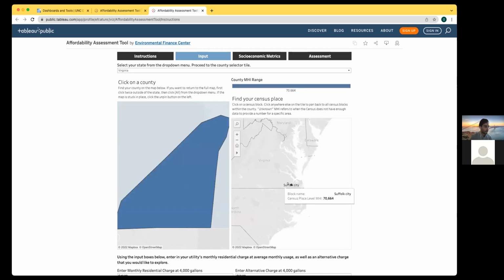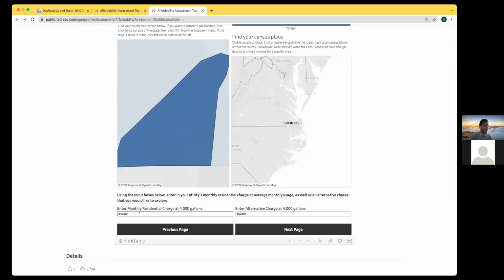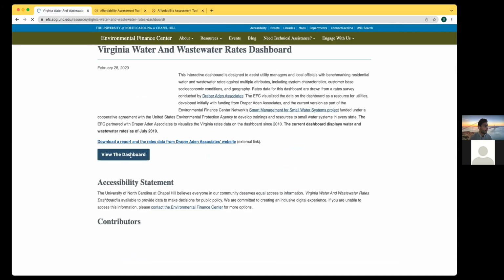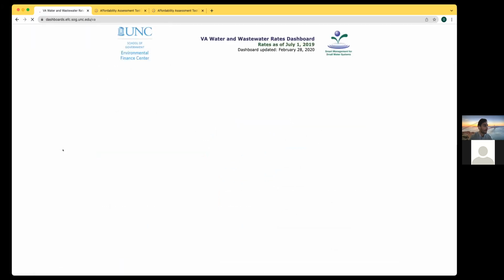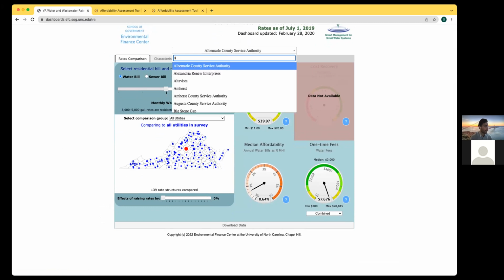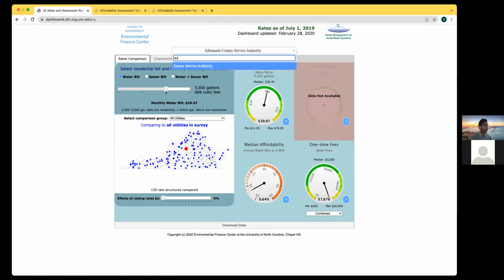What we have for this is just Suffolk City. Yeah, all we have here is Suffolk City, and we would be able to enter the monthly residential charge and alternative charge for whatever Suffolk might be. I don't know if we have Virginia. We do have Virginia. And we can view the dashboard here. From here, I would search Suffolk or Hobson. Let's see. Well,